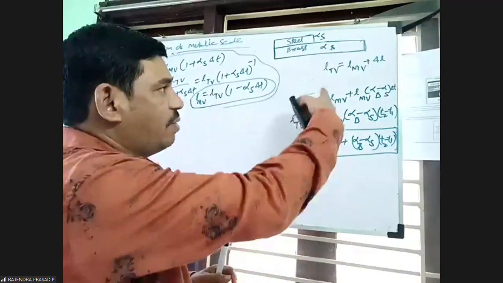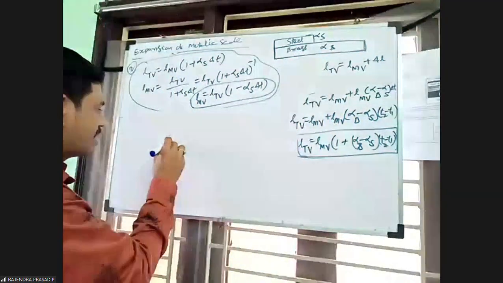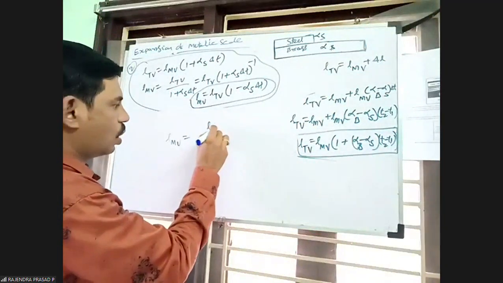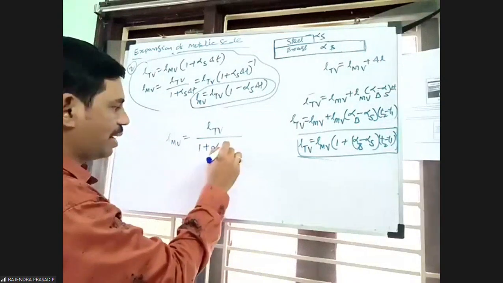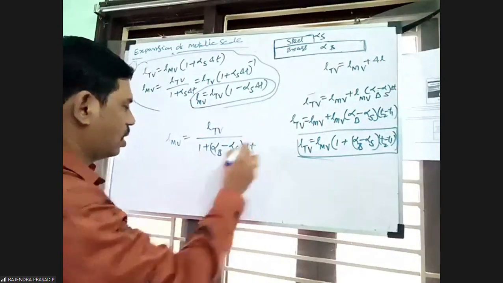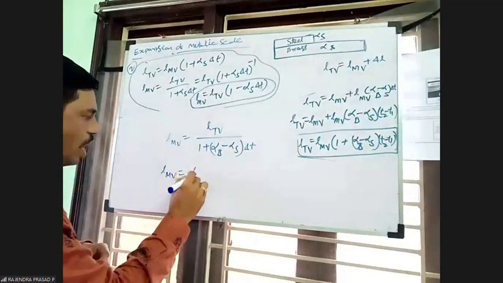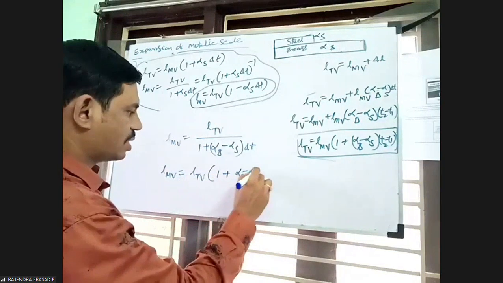Right? It's clear. Fourth case. So fourth case also, same. L measured value equals L true value by 1 plus alpha b minus alpha s into delta t. So L measured value is equal to L true value into (1 plus alpha b minus alpha s into delta t)